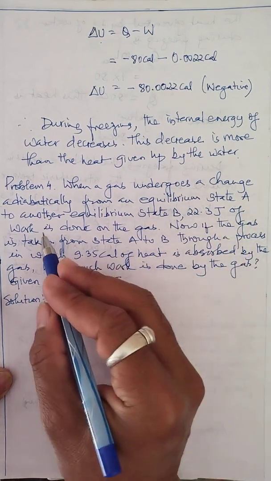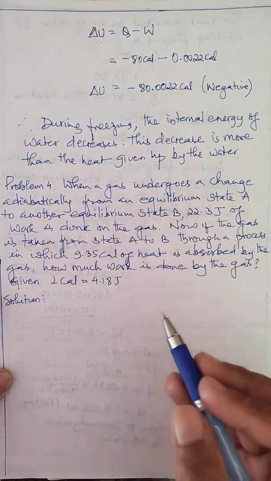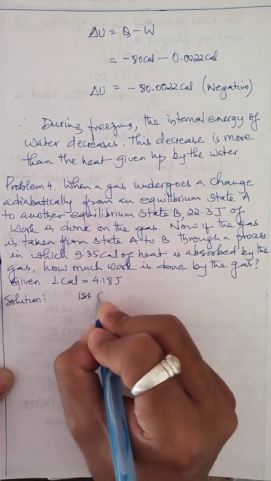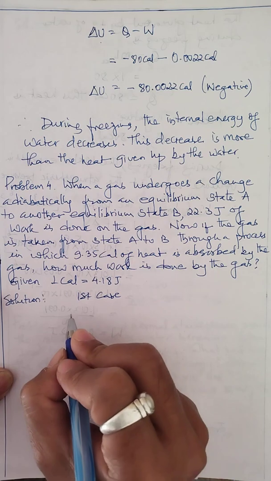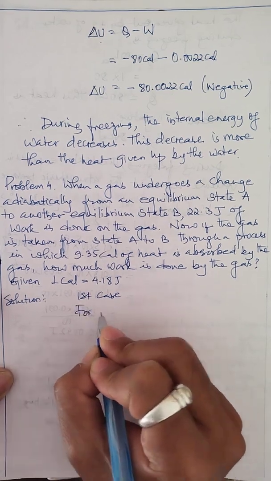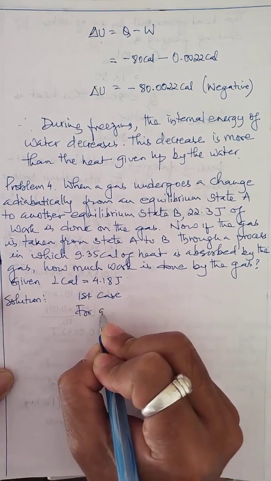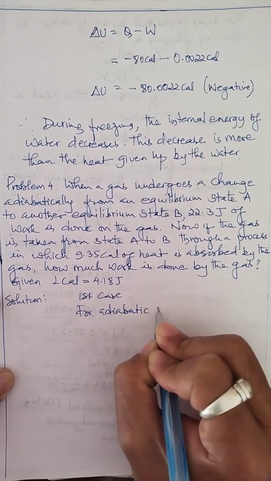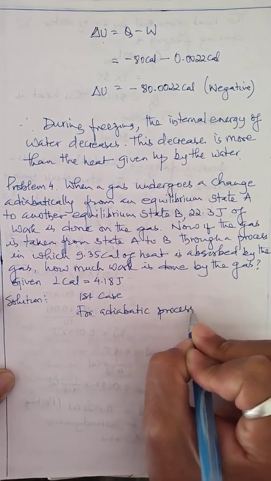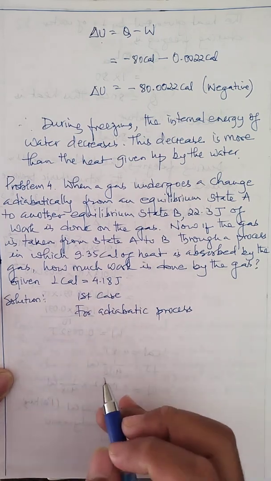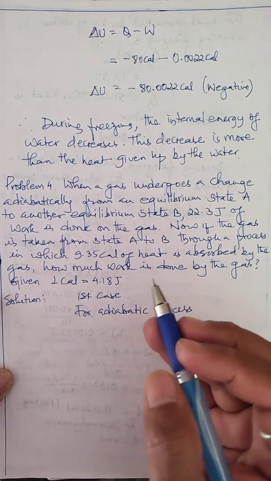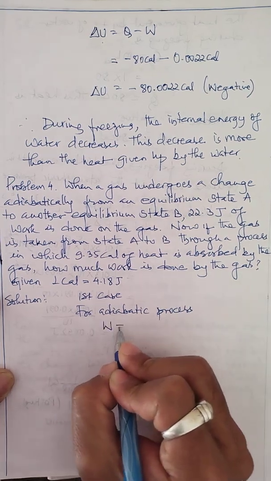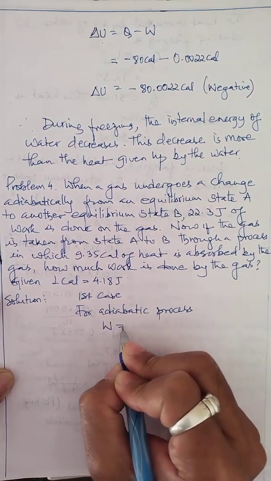Now suppose a gas undergoes a change adiabatically from an equilibrium state A to another equilibrium state B, then 22.3 joule of work is done on the gas. This is the work which is done on the gas. Now I do this problem in two cases. First case, for the adiabatic process. So in the first case, the work done on the gas is W,